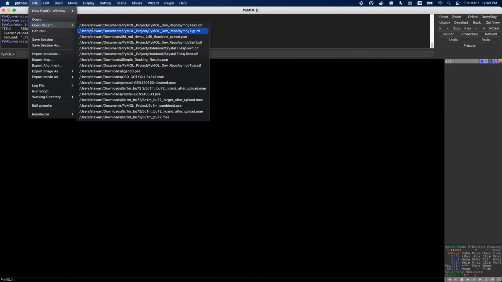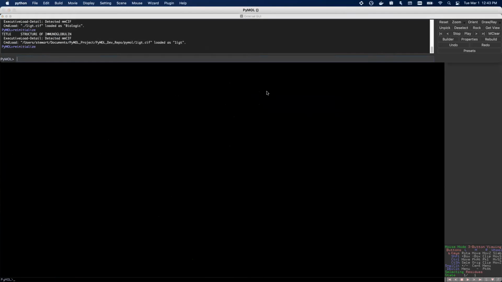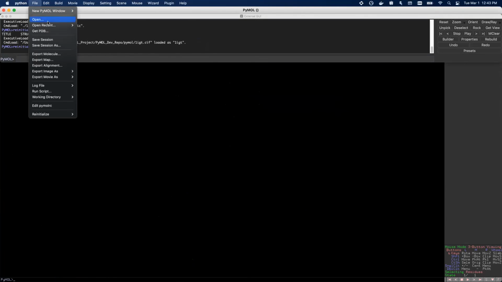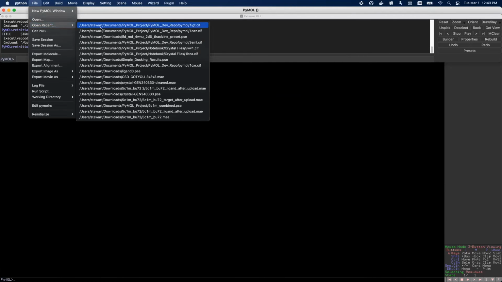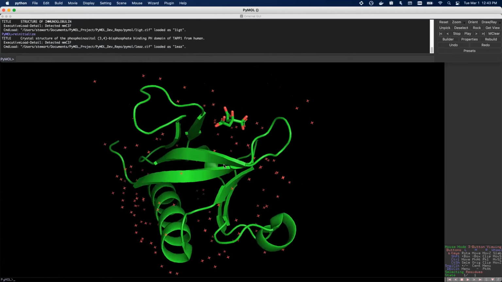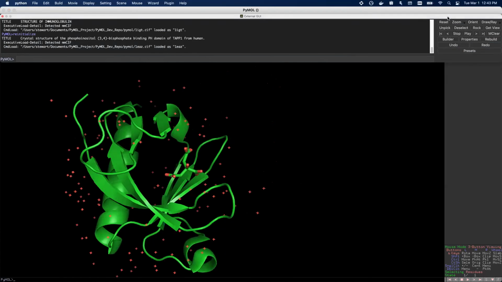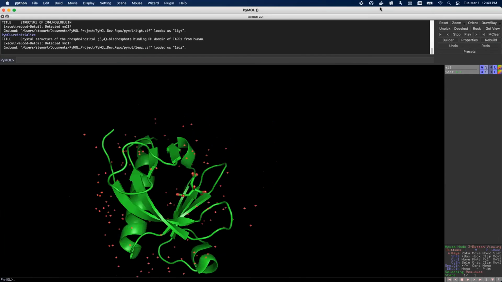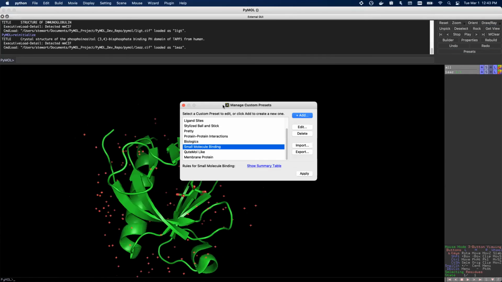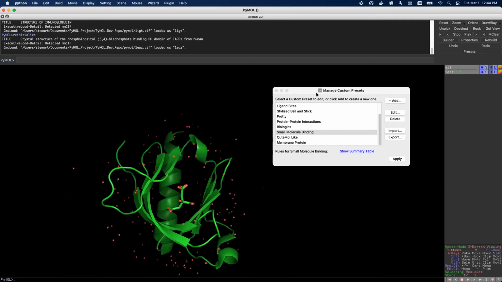But for now, let me actually load in that smaller structure. I think that'll be easier to use. Yeah, the easy one. Okay, so how would we actually go about creating a structure, and what does that look like? I've undocked my GUI. So this was the one that we demonstrated, the small molecule binding, but let's actually make a new one. So we'll do, I don't know,